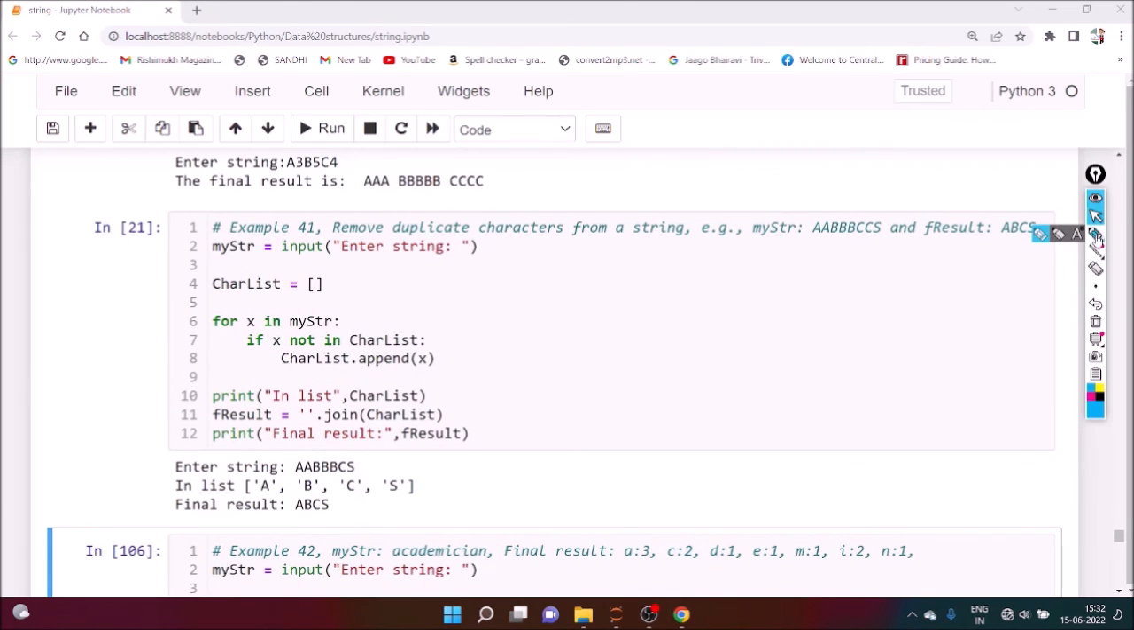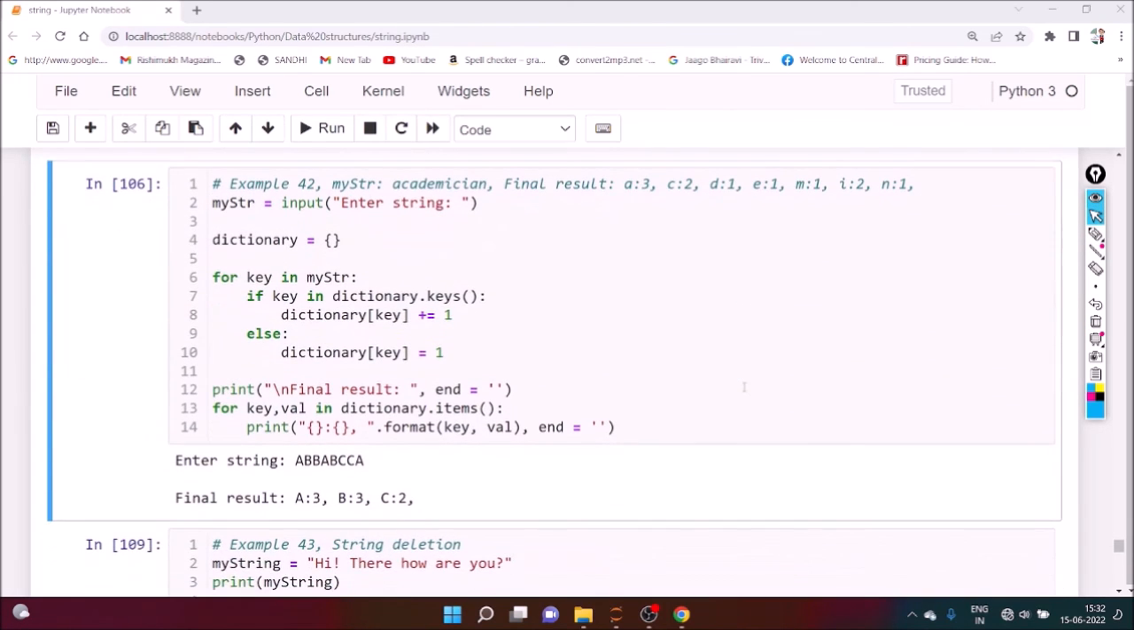Okay, so here AABBCCS. The output of this character list is what? This one. Here we apply the join at the end, and if you print it, we can get the output ABCS. So in this way, we can remove duplicate characters from a string. Next,